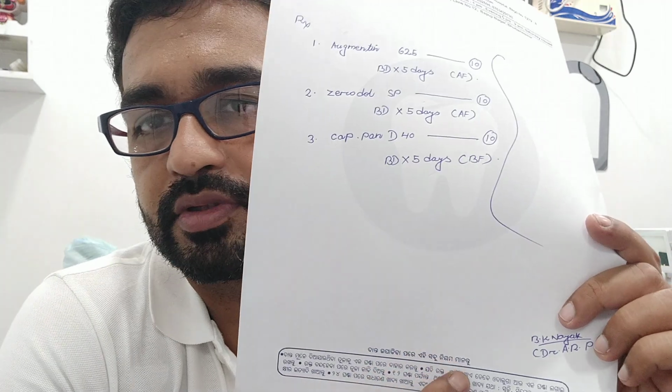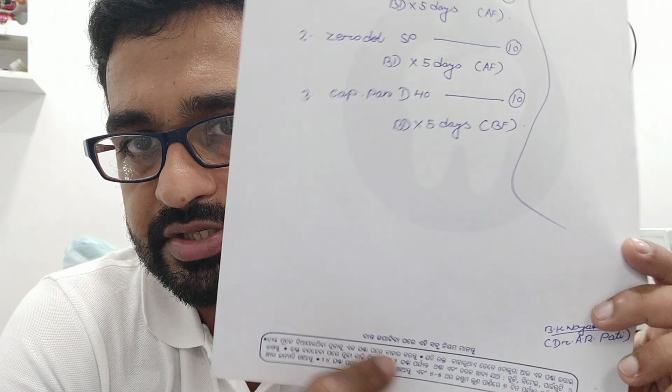You can write the after tooth extraction instructions here, because patients do see that something is written in the local language, and they will see, okay, after extraction this has to be done. So there is no need of calling the doctor. Sometimes patients call at midnight, at 2 a.m., 3 a.m., and ask questions like, shall we brush our teeth? What shall we eat? Instead of answering those questions over the phone, you can already write all these things in the prescription, and this will be easy and handy for them.